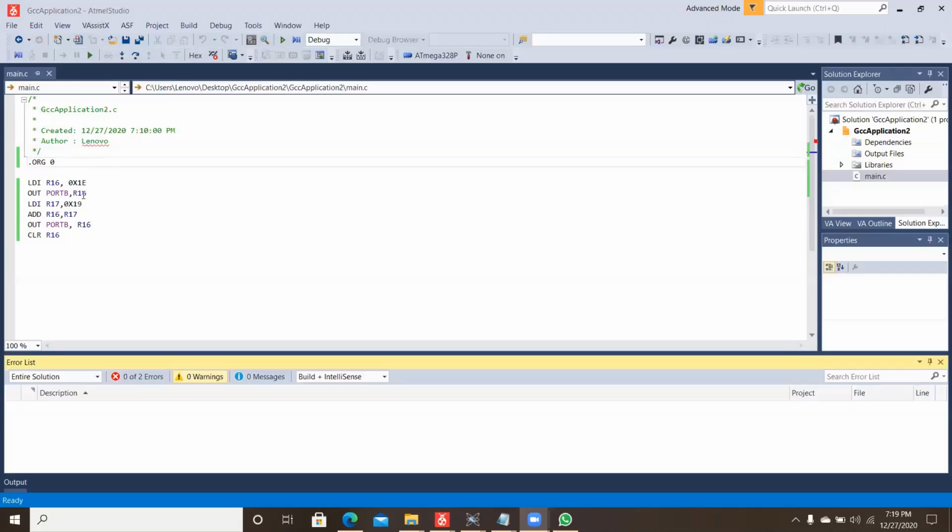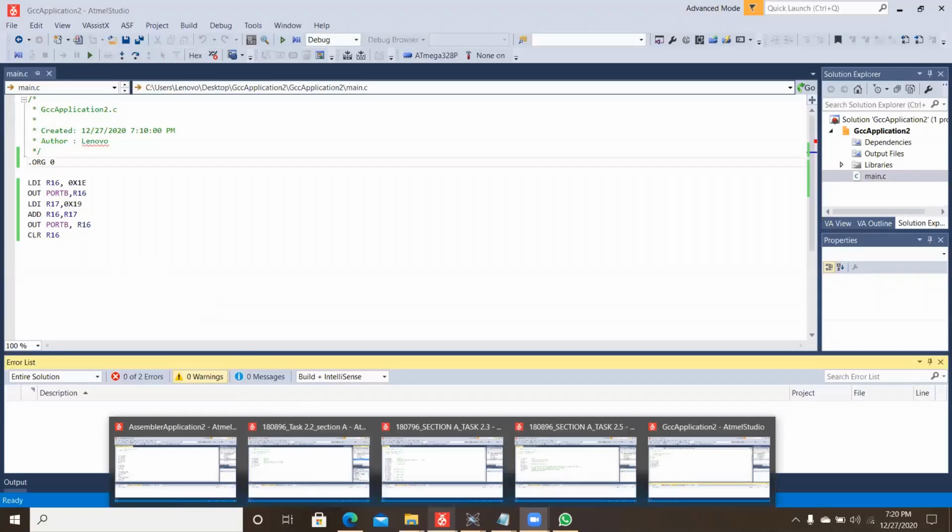And then we have to show this value on the output port B, and then we have stored 25, which is the decimal of 0x19, in R17, and then with the ADD command we had added R17 to R16, and this value will be stored in R16 register, which is then displayed on port B, and then the CLR command will be used to clear the R16 register, and then we will move towards the next task,